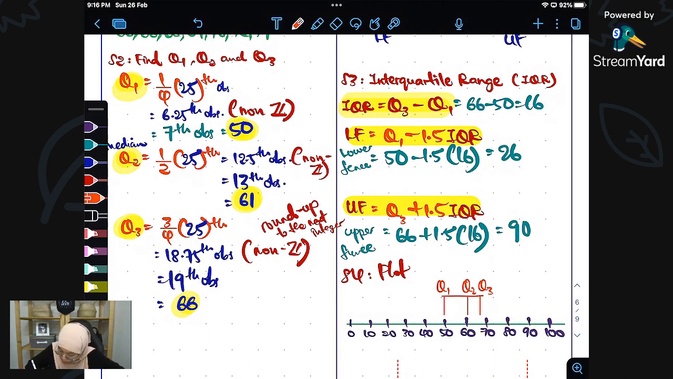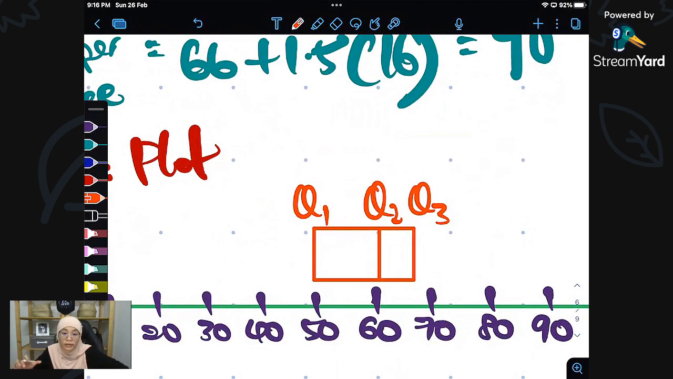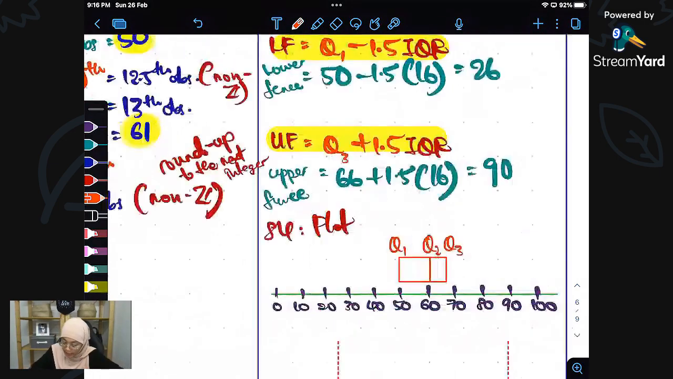Senang. And so you put a long line here to make it look like a box. So this is called the box. The box containing Q1, Q2, and Q3. Okay, and then